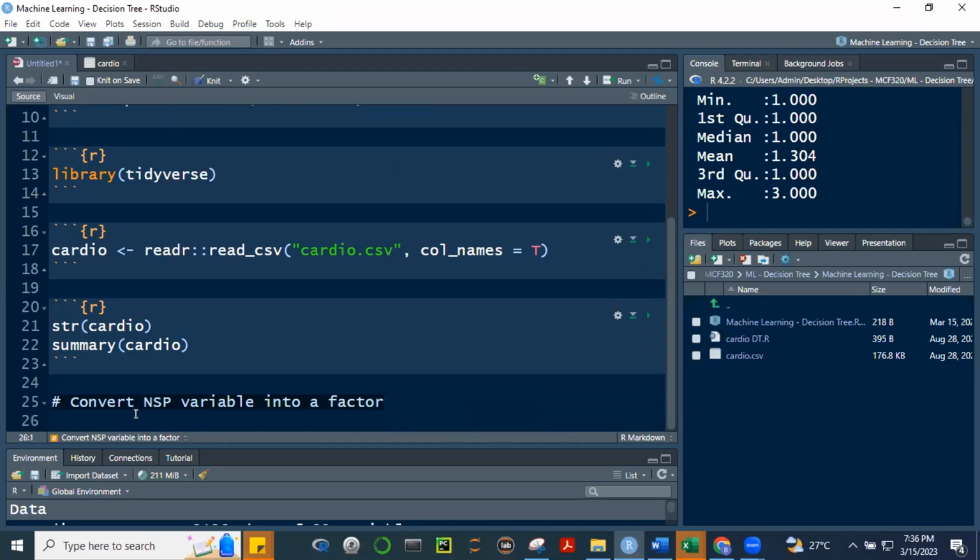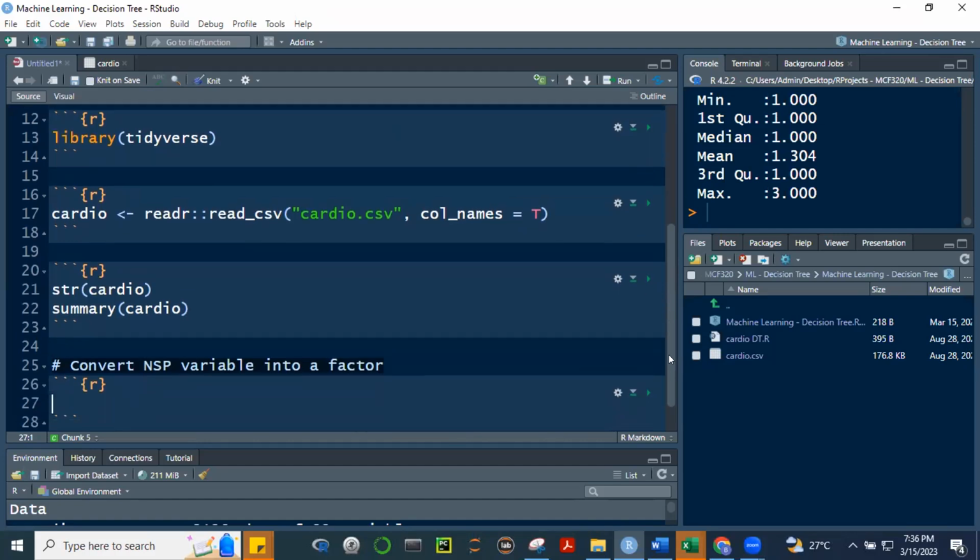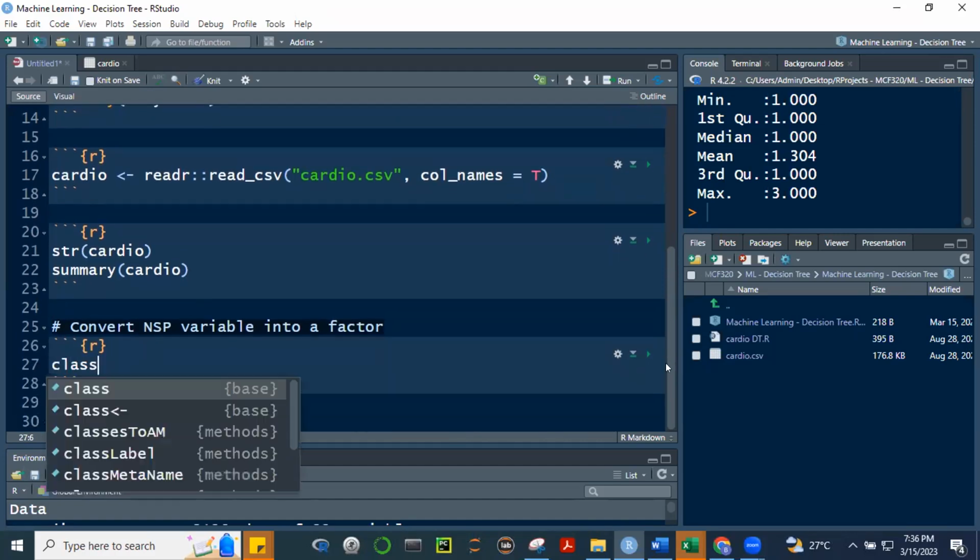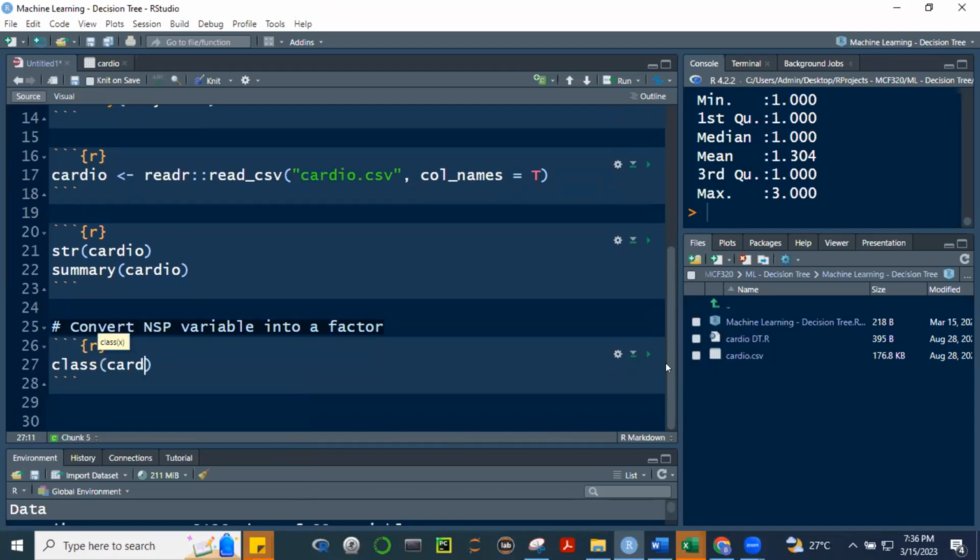Okay, just to check, Control Alt I. Tingnan natin yung class of cardio dollar NSP. Yan, take a look at this code. Tingnan natin kung anong type ng variable si NSP. Although alam natin na numeric kasi nakita na natin sa structure kanina. But nevertheless, let's just get the class of NSP. Right, so that's the function.